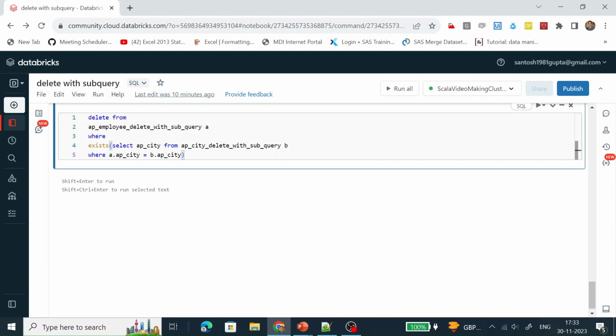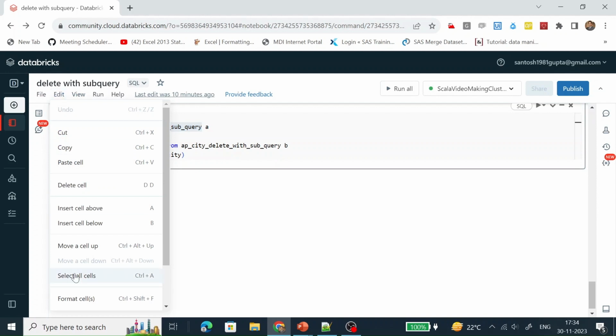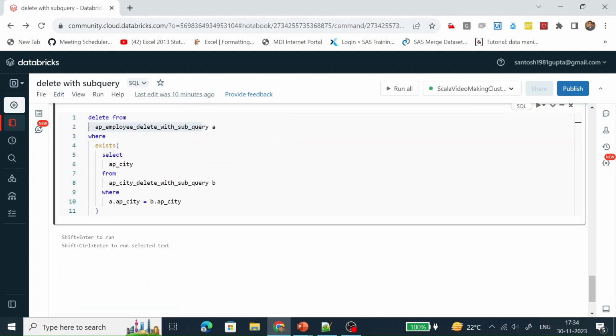First it will check those APCTs which are present in this table and in that table, and take those APCTs, and then delete those APCTs from the records of this table. Let me format it. Now run this.